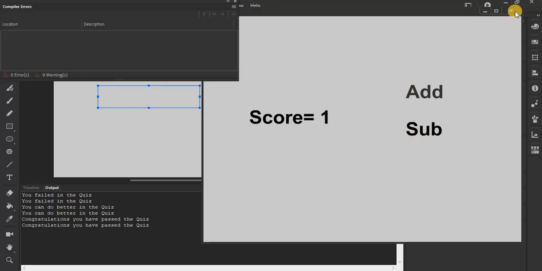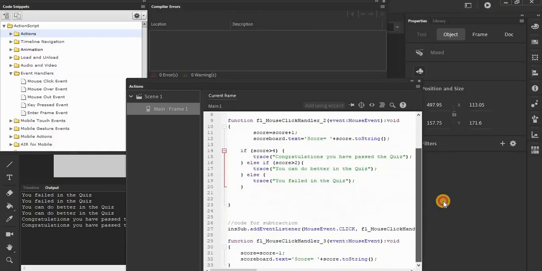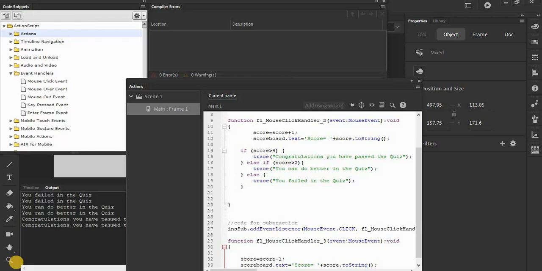Here the same thing happens when you are doing it for subtraction. In subtraction, obviously if I go beyond 0, then it will be having -1, so I have to check with an if. Okay, so in this